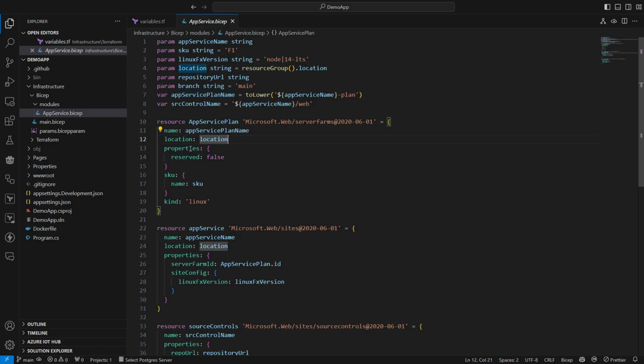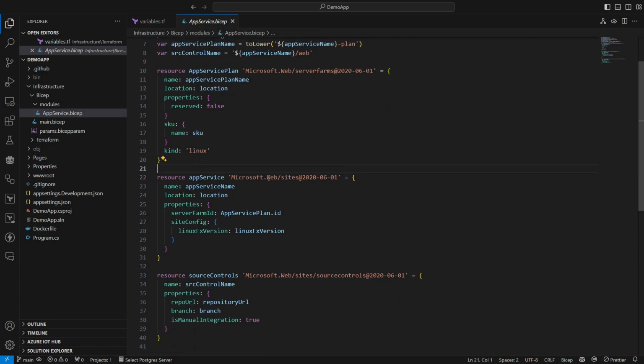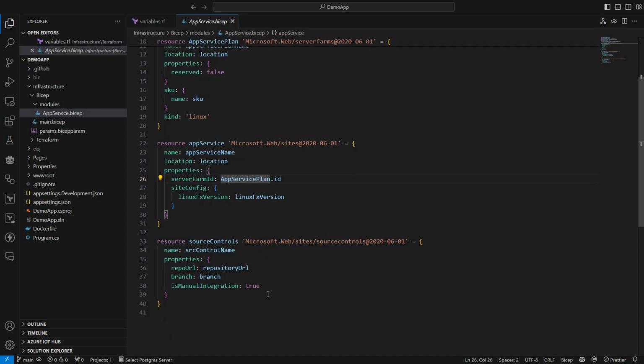So we have a location, we have some properties, a SKU, things like that. And then similar again, the app service, we're defining that here. We're using the ID of the app service plan here. So you can just call it .id. And then again, the source control here, which then integrates with it as well.